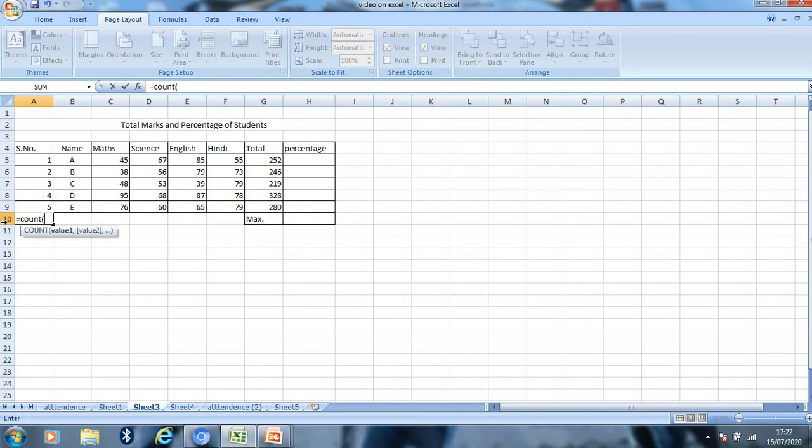Here the range is A5 to A9. I will type A5 colon A9, then bracket close, and then press enter. So here the number of students will appear. So we have the total number of students using the count formula.